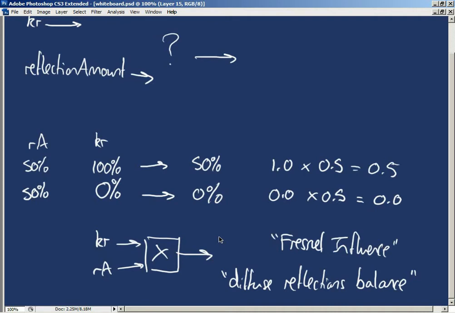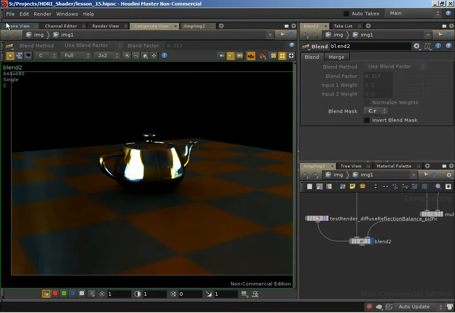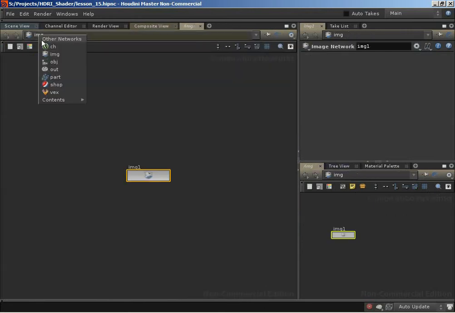So we'll deal with that first. We'll get that set up so that we have either a constant value or a texture driving our Fresnel influence. We'll then use that to blend between a value of 1 and a value of our Fresnel calculations. We'll take the result of that blending, multiply it by our reflection amount, and output that as our final diffuse reflections balance pass. So let's jump over into Houdini, over into our shader,